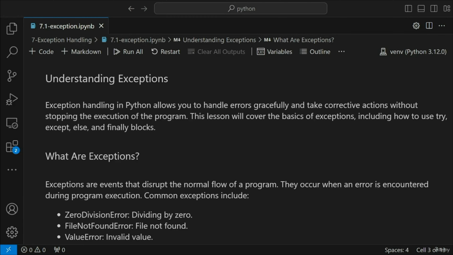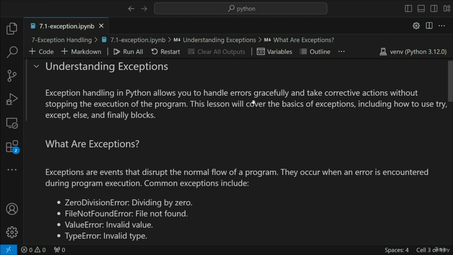Hello guys, so we are going to continue the discussion with respect to Python, and in this video we are going to discuss exception handling, right? And I hope you have heard about this particular term and what exactly exception handling is. Exception handling in Python allows you to handle errors gracefully and take corrective actions without stopping the execution of the